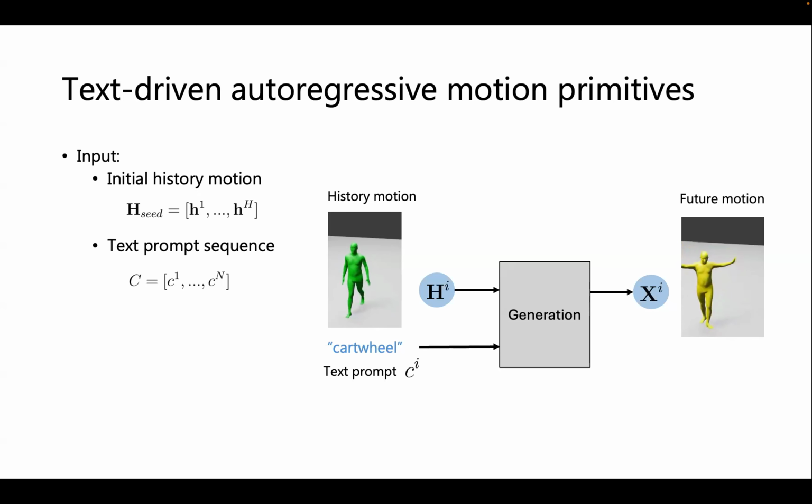Given this motion primitive, we train this with AMASS data, with BABEL data, I believe, and we can learn a generative transformer model that takes the history 2 frames of motion and the text input to generate the future frames. We can run this in a recurrent way to generate long-term motion. While generating, we can give new text on the fly, and this autoregressive model will take the text into account and generate new motion.